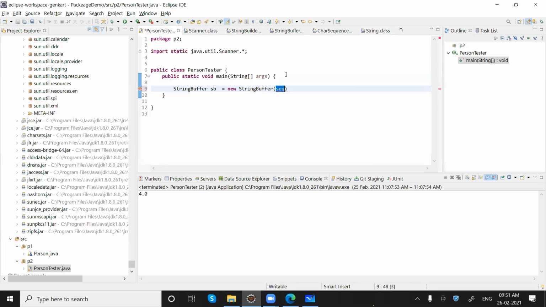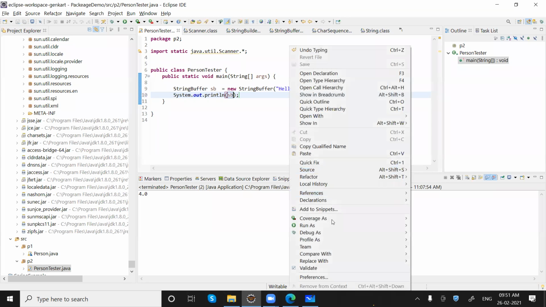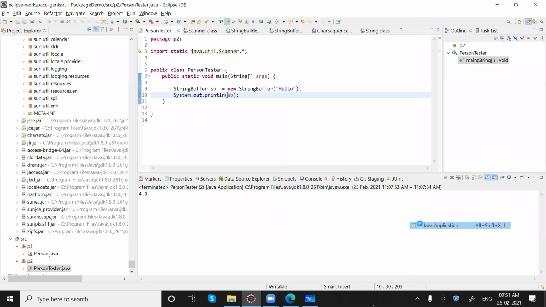We are here in the Person class, so I can take a string like this, "hello". In this way we can create the object of the StringBuffer class. Now what if we want to print it? Let me just print it once. sb, we are getting hello. Now let's look at the methods. What are the different methods we have? sb dot